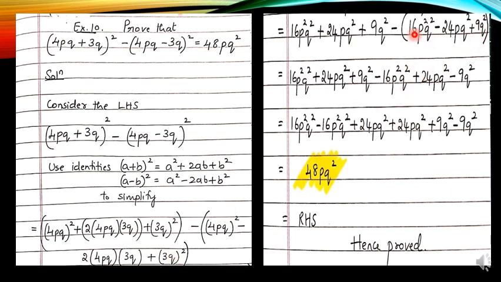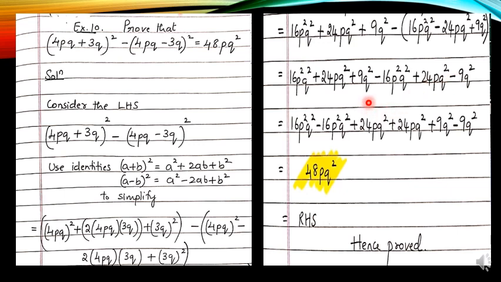So next step, we will multiply this minus for all these three terms and write. It is going to be, these three terms will be same as it is. Start multiplying minus sign from this. So it is going to be minus 16p square q square, then minus into minus is plus 24pq square, then minus into plus is minus, and 9q square as it is. We are just multiplying this minus sign for the signs whatever are there for these terms. Minus into plus is minus, minus into minus is plus, then minus into plus is minus.